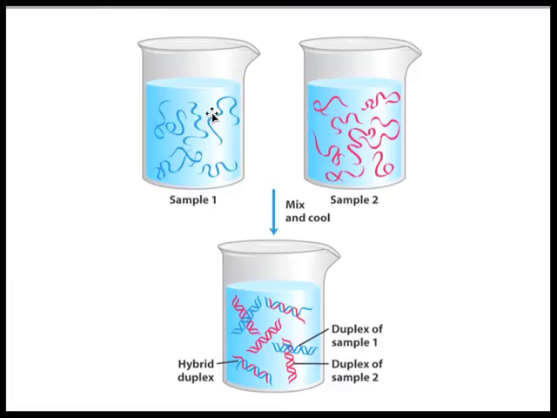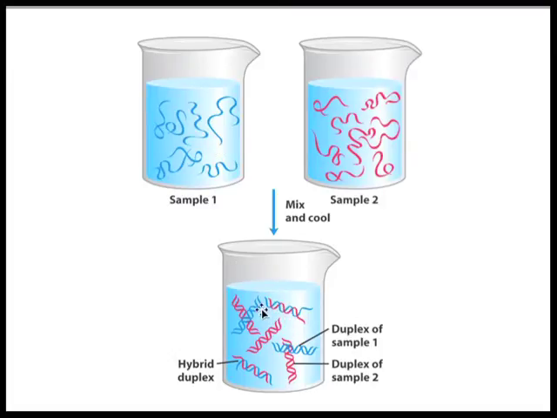And when DNA denatures, it goes from a double-stranded molecule into single strands. Now, if you have two samples of DNA which you have heated and they are now single strand, and you mix them together and you cool them, then if these DNA molecules have regions of similar sequence, then when you